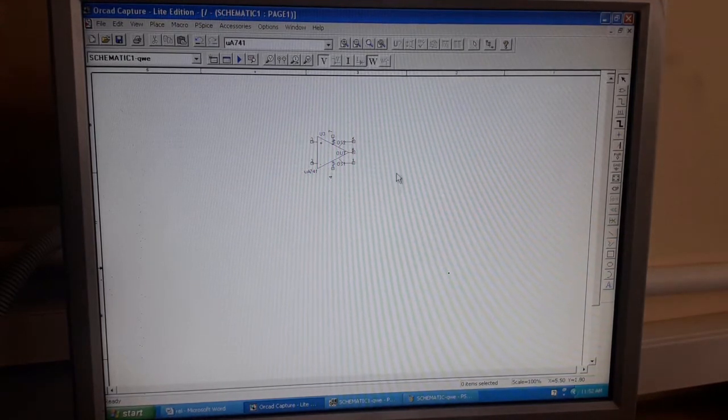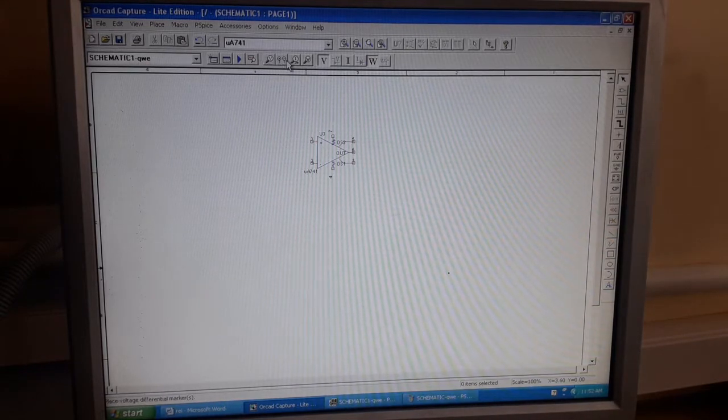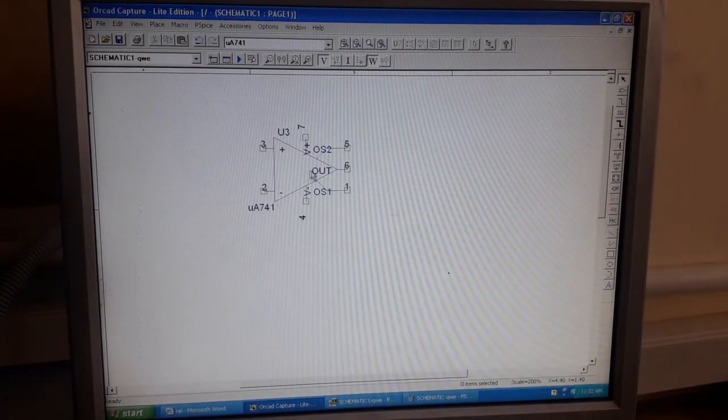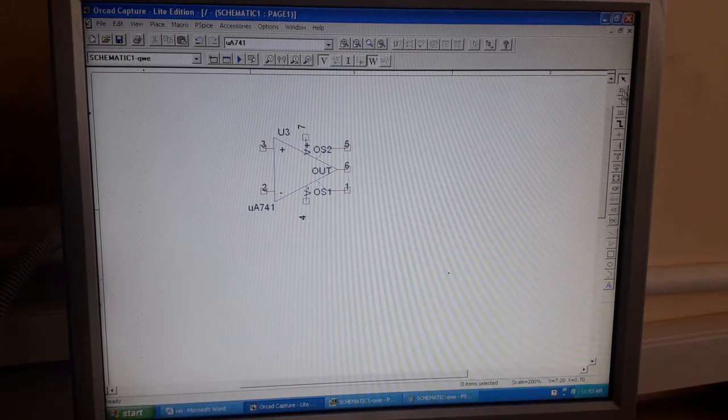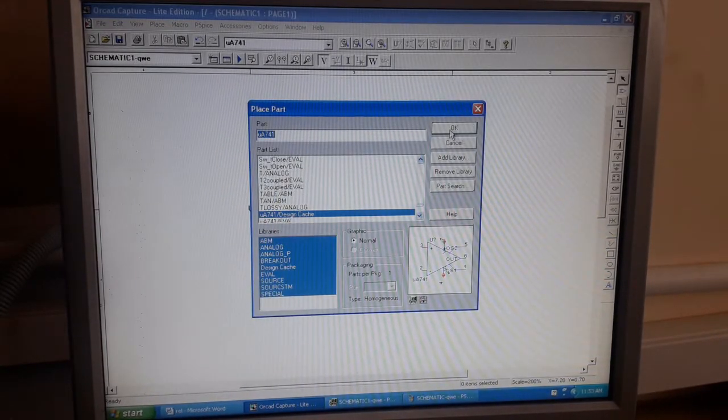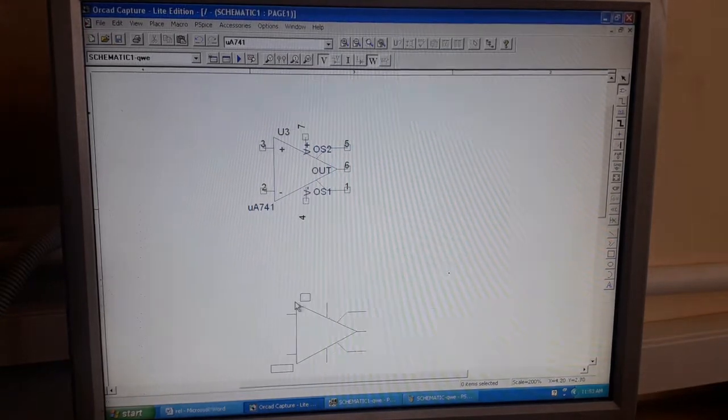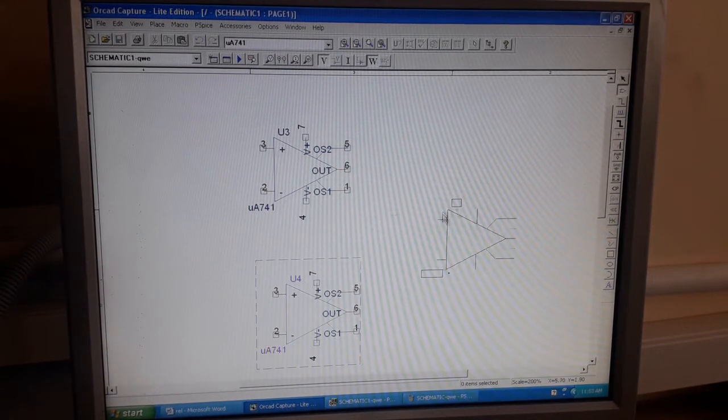Okay, and then I'll show you this. Let me zoom in. So this is one comparator. Third pin, second pin, fifth, sixth, first pin, and fourth and seventh, these are the pins. Later I'll show you the connection. And let me take one more comparator, UA741. Let me place it here and press escape or right click and end mode.